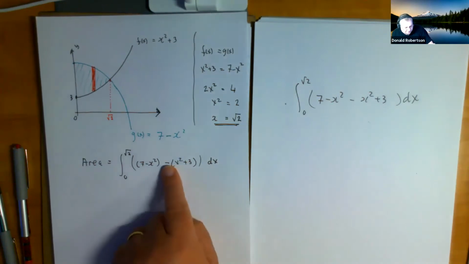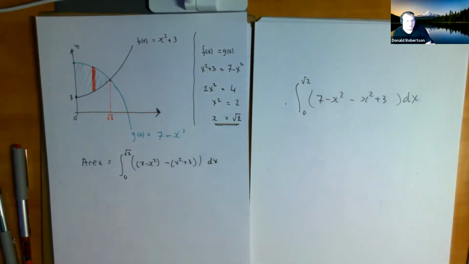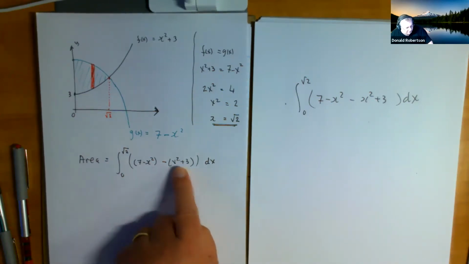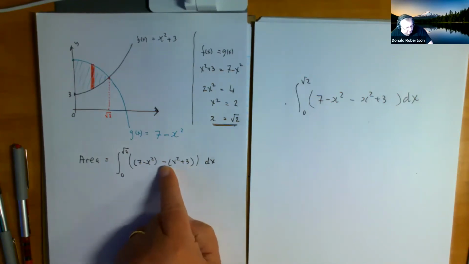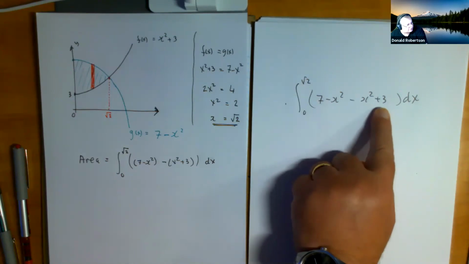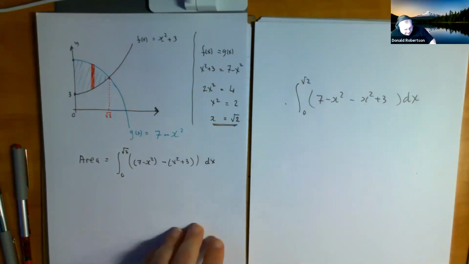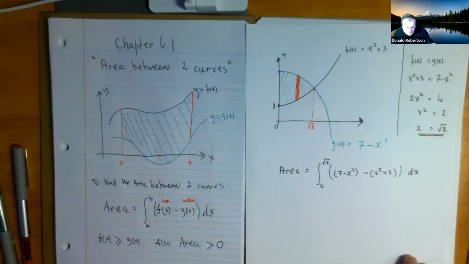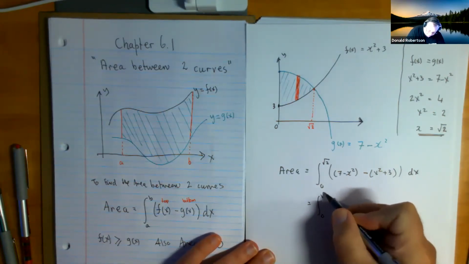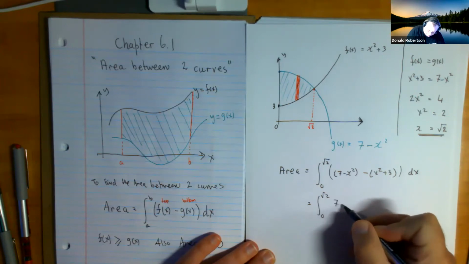Now you look at this and you look at this and they may seem superficially that I've written the same thing, but I haven't, have I? You realize it's first curve, take away second curve, right? That means you take away both pieces. Do you see here I've only taken away the first piece and the second piece is left alone. That's a common mistake. So it's now going to be the integral from 0 to the square root of 2,